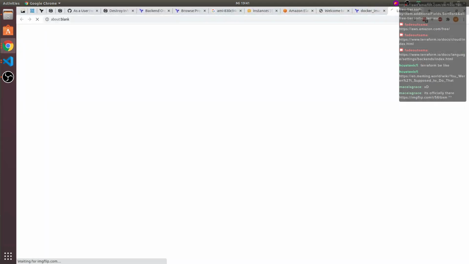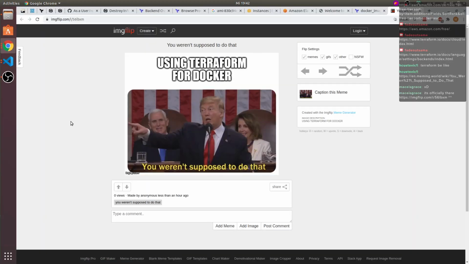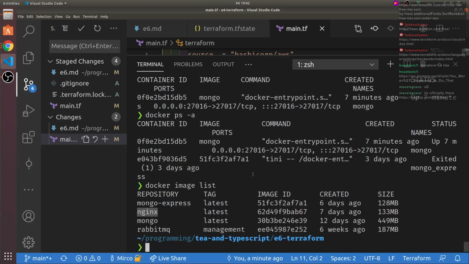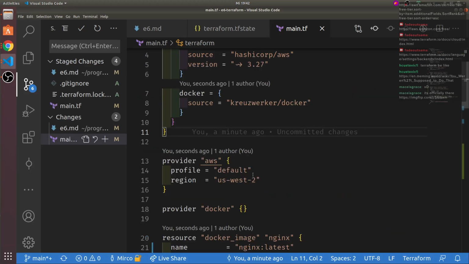Let me click that link here. Using Terraform for Docker. We weren't supposed to do that. Why not? It's essentially a replacement of Docker Swarm or Docker. Well, Docker Swarm, not really.